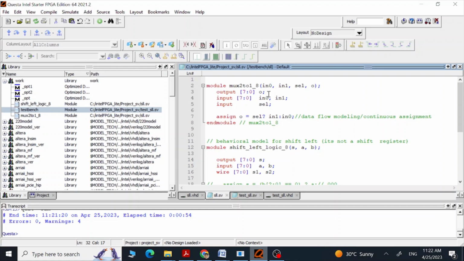Here we are defining the inputs and outputs like this. Select is just 1 bit, the others are 8 bits, and then we are going to assign to output input 1 if select is 1, and otherwise input 0 should be assigned to output. This is actually the way we design the mux. And now using this mux,